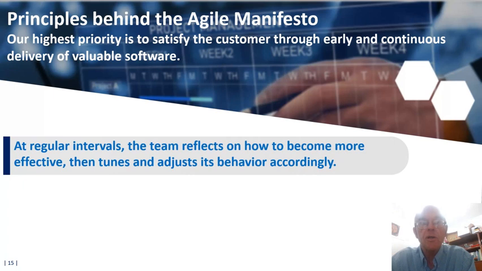Regular reflection encourages a culture of continuous learning. Teams take time to assess their performance, identify areas for improvement, and seek opportunities for growth. Reflecting on work processes and practices enables teams to identify bottlenecks, inefficiencies, and areas where adjustments could lead to greater